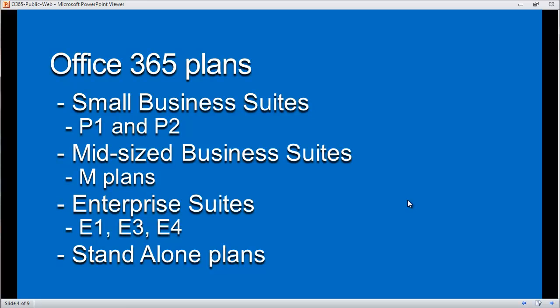The first of these is the Small Business Suites. These are the P1 and the P2 plans. The difference there is the P2 plan includes the ability to install Office on the desktop. A step up from there is the mid-size Business Suites. That's basically the M plans. From there we move into the Enterprise Suites, which include the E1, E3 and E4. The main difference between the E1 and the E3 is that the E3 provides more functionality around Exchange and SharePoint